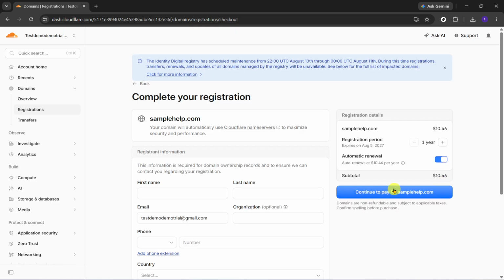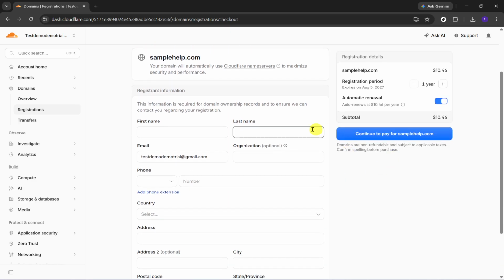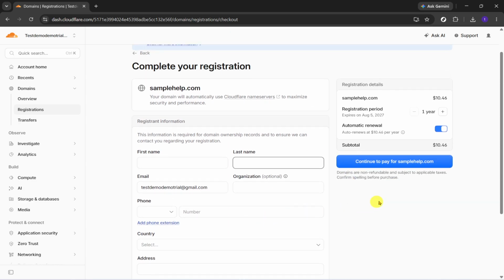This part usually includes reviewing the domain details, confirming the purchase, and finishing the checkout process. Be sure to read each screen carefully before continuing so everything is entered correctly. As you move through the purchase flow, take your time and double-check the domain spelling. Even a small typo can result in registering the wrong domain, so it is worth pausing for a quick review